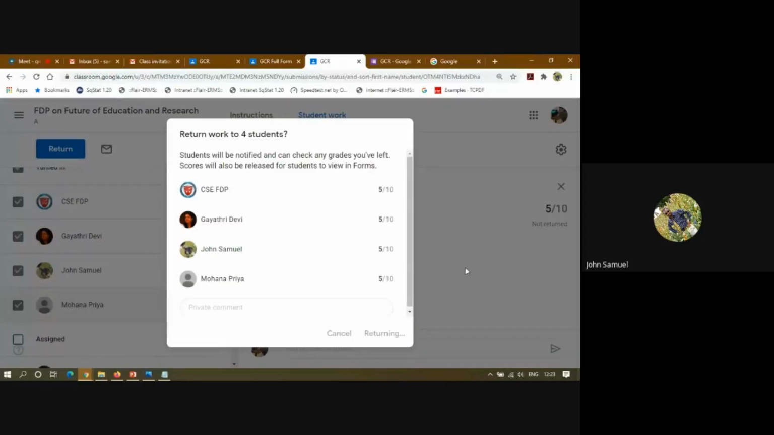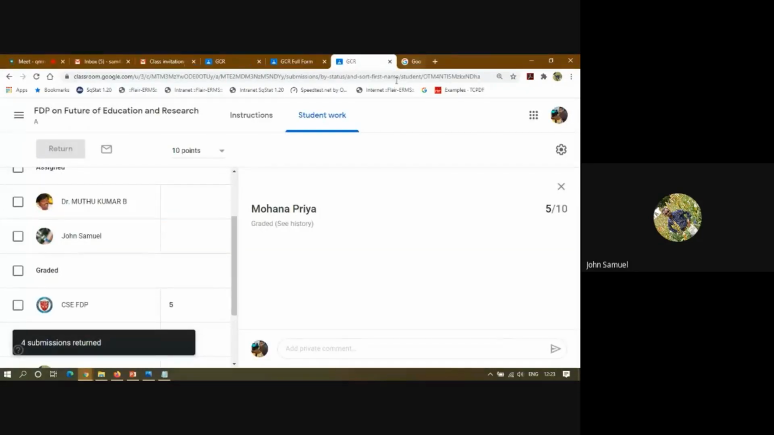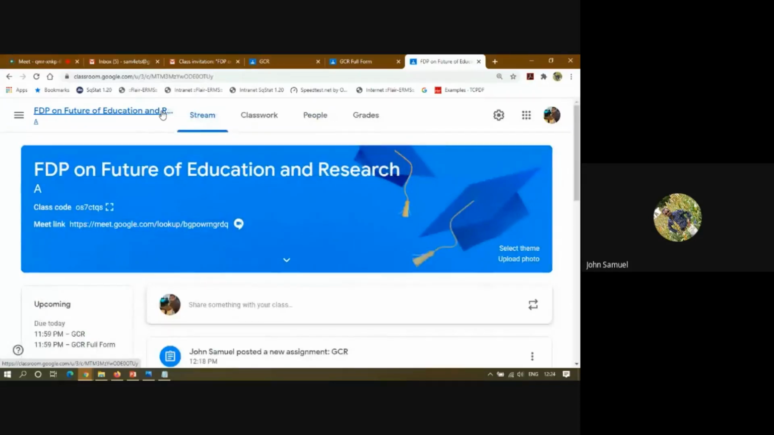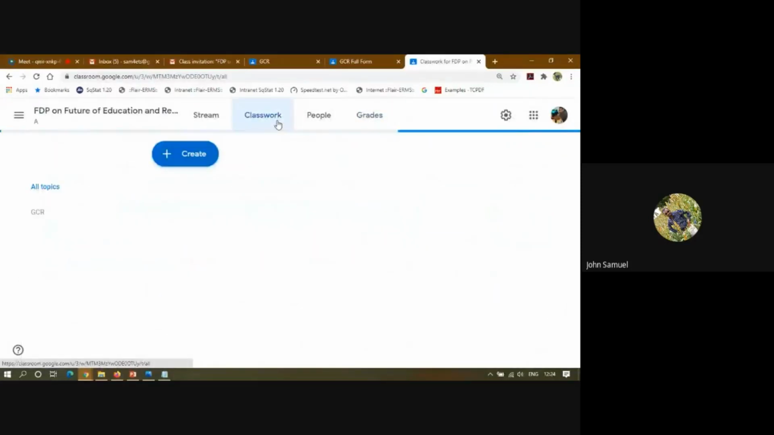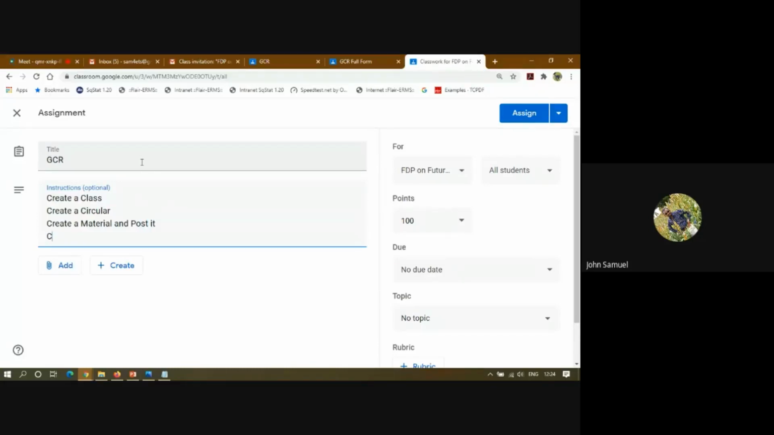Okay, right. And the last part is assignment. I think I will complete this within 5 to 10 minutes. Right, so classwork. I am giving an assignment. Again I am giving GCR. The instruction is: create a class, create a circular, create material and post it,